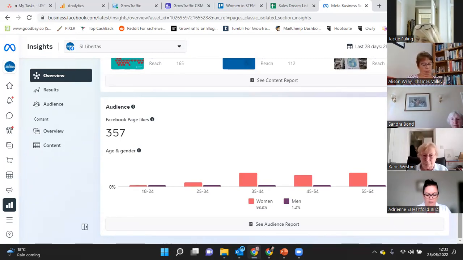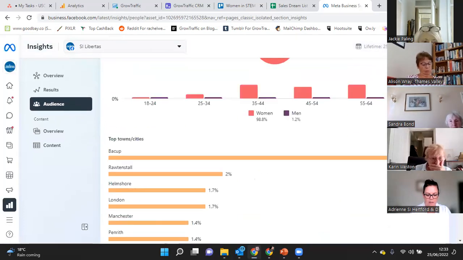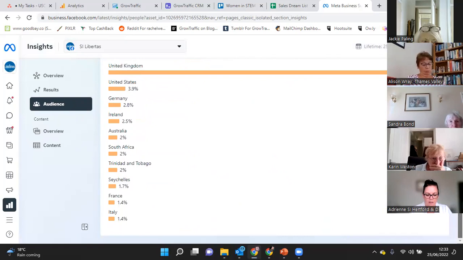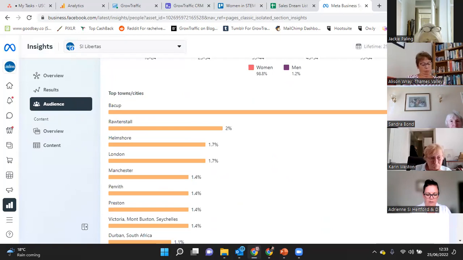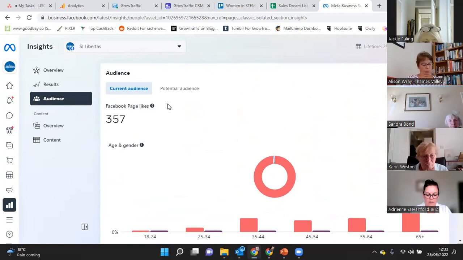So it's important when you're looking at your audience percentage, as you can see, it'll show you the demographics in terms of who likes it and so on. But one of the important things to look at is the percentage of your audience that are engaging with your content, and that'll show on your posts. The higher the percentage of people who are engaging, the better it will be. So do only invite people to like your page if you think they're going to be interested. Otherwise, they do you damage by being there.